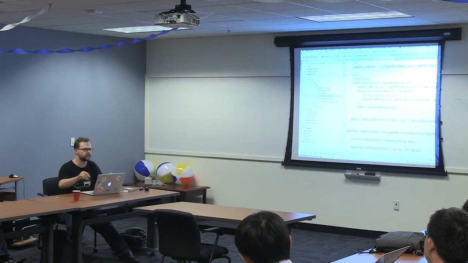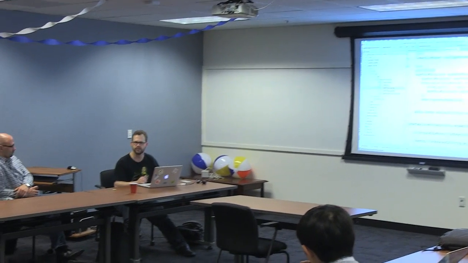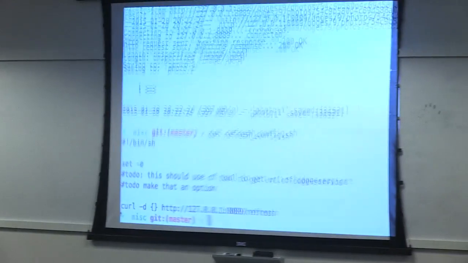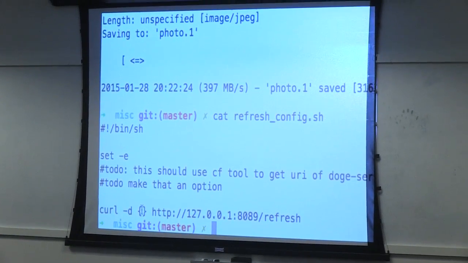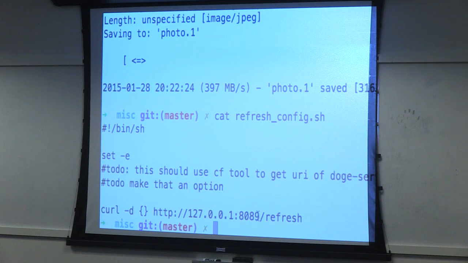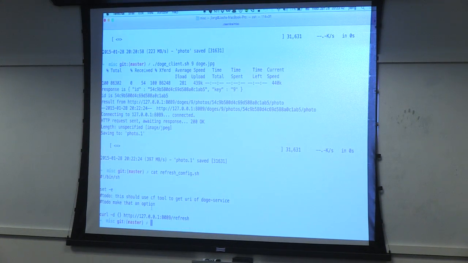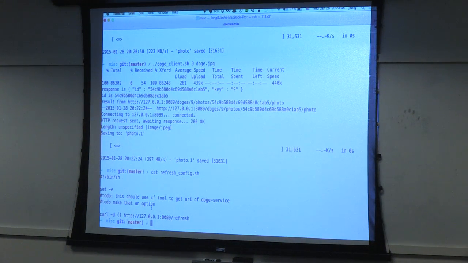So if you make a change in the configuration, send a message via AMQP, and any services connected to that will automatically refresh their state in situ, live. Okay, so I have a little script here. It just does this: curl -d {} localhost:8089/refresh. This is a curl -d for POST, empty form, okay?